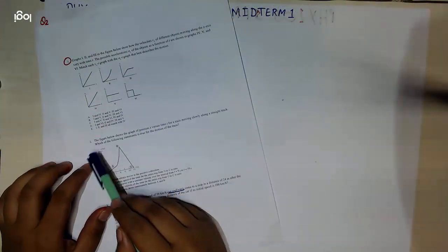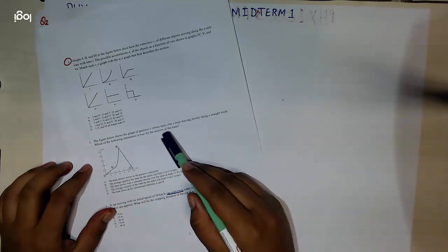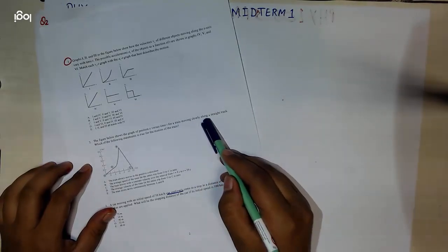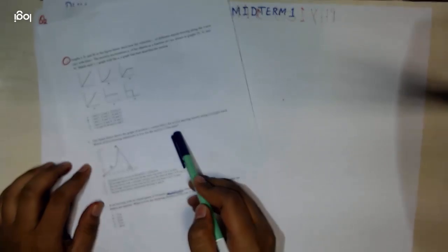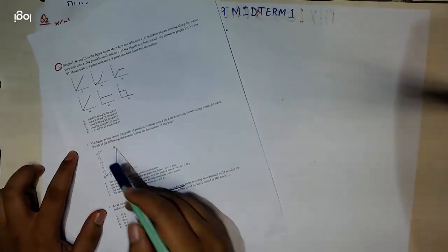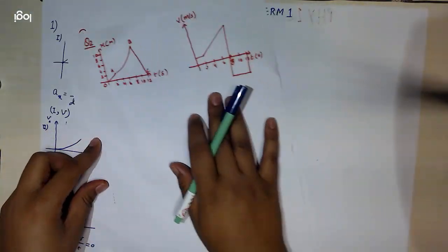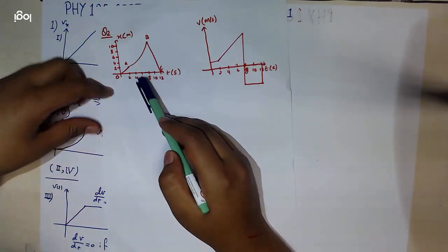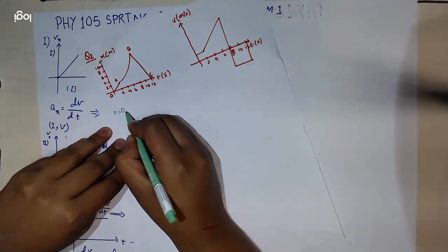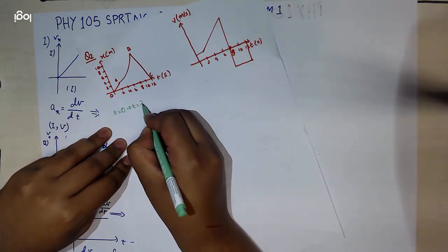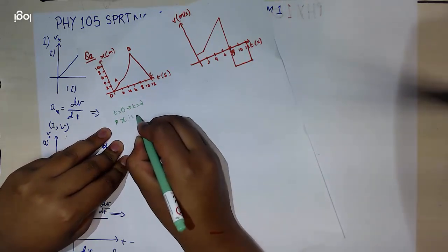Now we are doing question number 2. The figure below shows the graph of position x versus time t for a train moving slowly along a straight track. Which of the following statements is true for the motion of the train? In this question we are given a position-time graph, and from time t equals 0 to time t equals 2, position, just writing x, is increasing